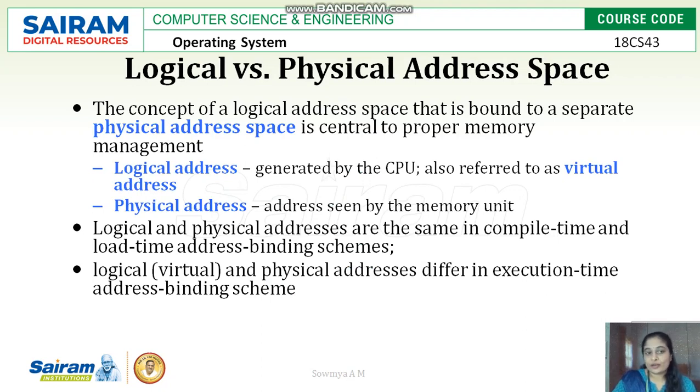Since we have seen compile time, load time as well as runtime, there are different phases of addressing happening. Addresses are divided into two spaces, logical and physical address. A logical address is virtually defined and generated by the CPU. A physical address is exactly the address of the data saved in main memory. If you add the base value to the logical address, it is converted into a physical address. So logical address plus base register value gives you the physical address.